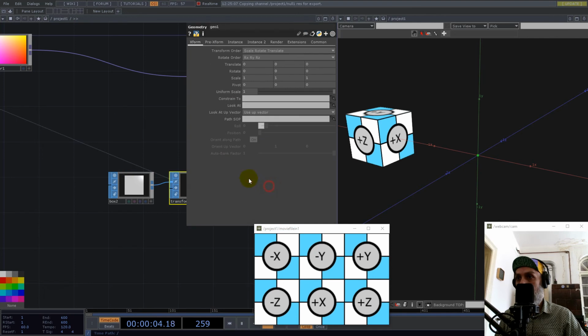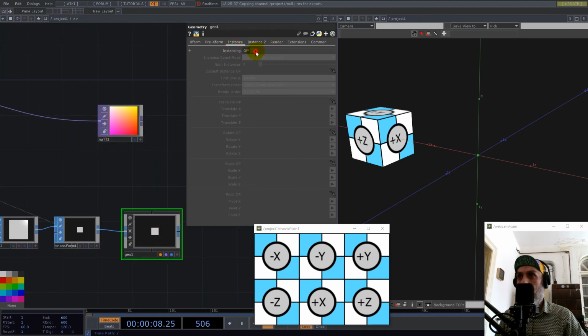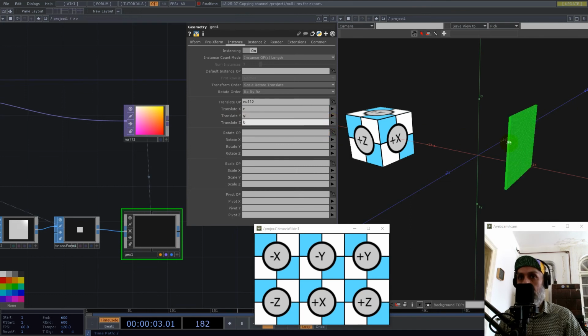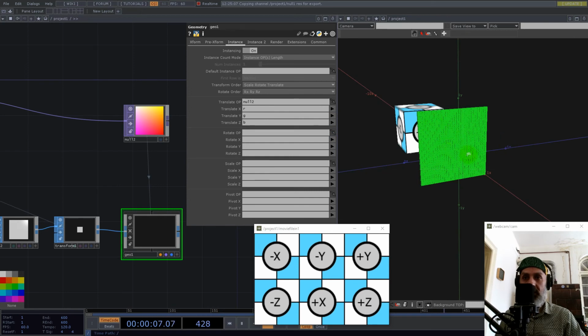So here, okay, and now I use instancing and I use this texture here. I'm using experimental version, so it's much easier to instance out from a texture. So now you see we build the face